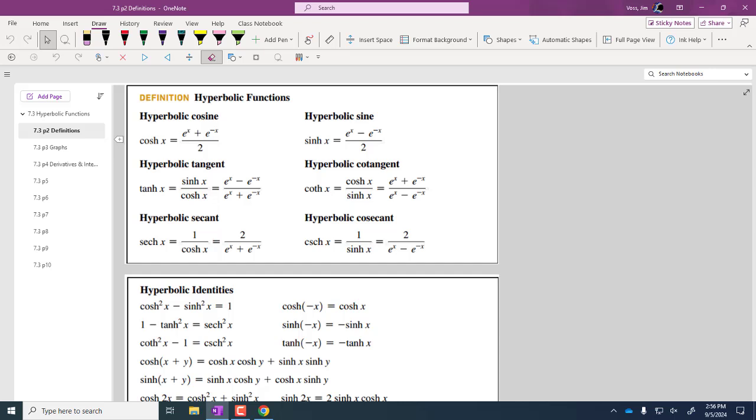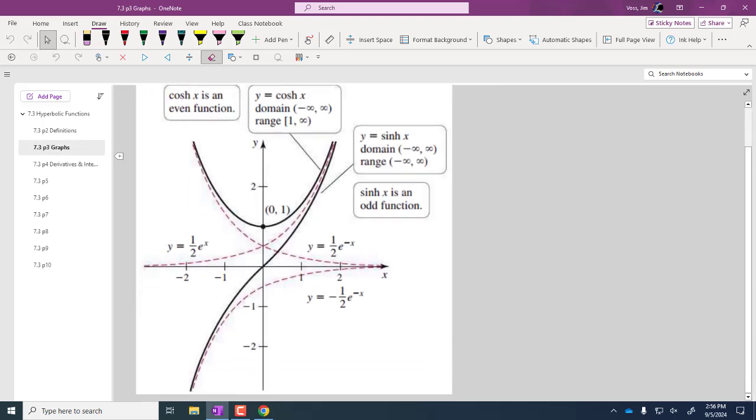But when you look at the hyperbolic cosine, it's the average between exponential growth and exponential decay. And that's what creates the hanging cable. So we've got exponential this way, we've got exponential that way, and they average together into the hanging cable. Sinh is the average of the difference of growth and decay. And if we look at the graphs of them, we're not going to look at the graphs of the other ones. But the hyperbolic cosine, the catenary, is right there, goes through 0, 1, and it never touches